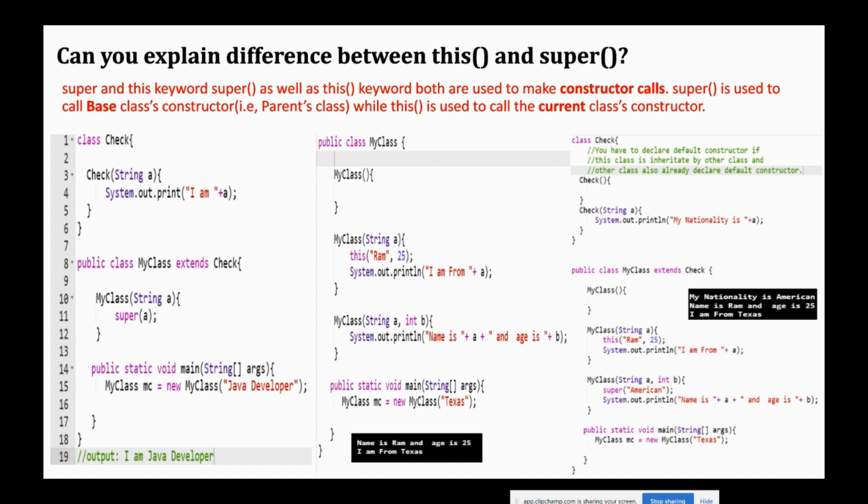Now let's see the middle of the code. There is a class called MyClass. MyClass has one empty default constructor, another constructor we created with a string a, and another constructor with two parameters, string a and int b. So in MyClass we take string a and int b, and System.out.print name is a